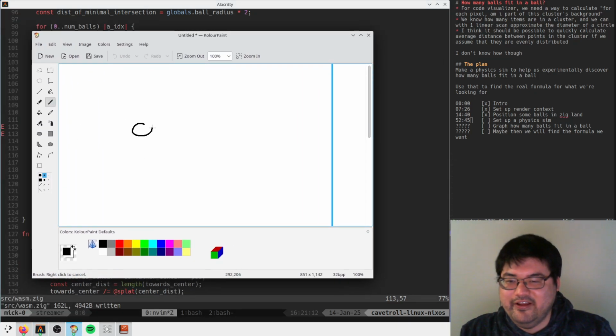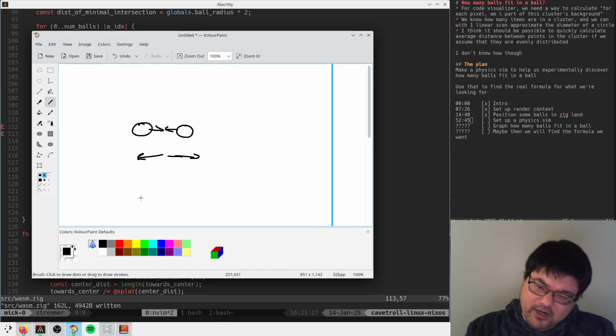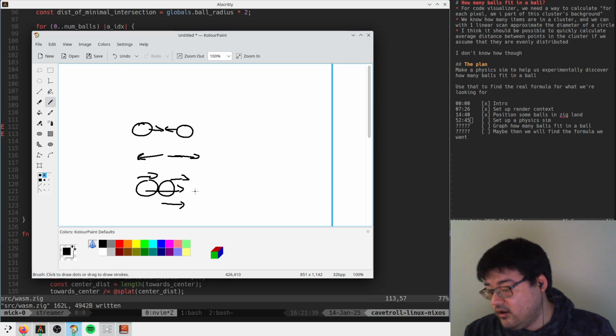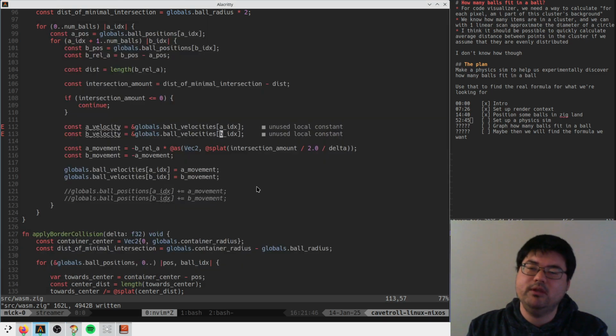So we have like ball. They are coming in like this. They hit and they bounce back. Right? But if one is coming in like this and this guy's coming in slower, right? It means that this guy ends up getting a little bit faster and this guy still moves this way but a little bit slower, which means that we must be looking at the difference between their velocities in some way, right? We must be looking at like